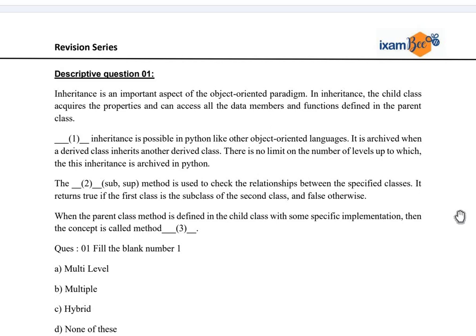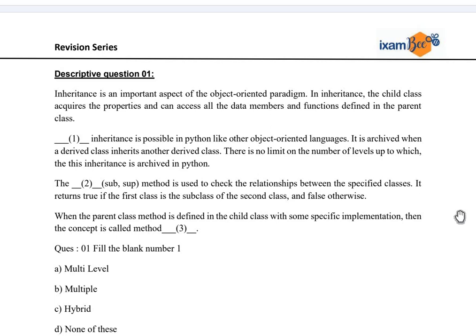Now you fill multi-level word in the first blank and see whether the entire paragraph is making sense or not. Now just fill it and read this paragraph again. Multi-level inheritance is possible in Python like other object-oriented language. Yes, because multi-level inheritance is something which is achieved in all the languages. Only multiple inheritance is the one which cannot be achieved in Java language. So if you have even a single bit of idea that what Python is saying in this first line,